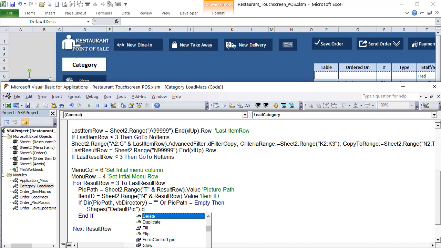Dot, what do I want to do? I want to duplicate it, but I want to give it a name. Dot name, and what is the name I want to give it? Is equal to pic and the item ID. Because we've already defined the item ID right here, so I want to give it that very distinct name so that we can remove it later on. Okay, else,